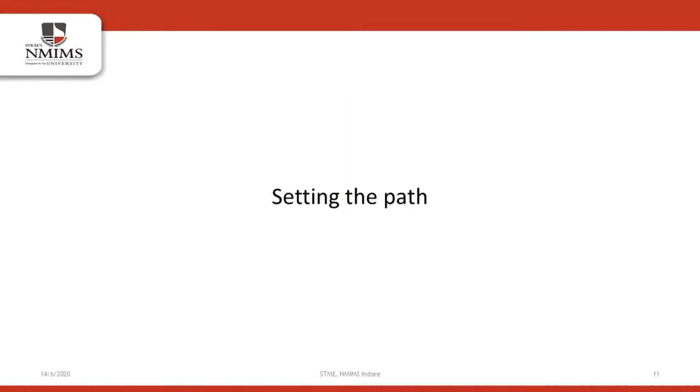Now we'll show you how to start programming, and for that we'll use the command prompt for the first program. Before that, we'll do something known as setting the path. Now what does this mean? This means that we have to tell the command prompt from where it has to collect the commands required for compiling and running the program. For that, we'll provide the command prompt with the path having all the necessary commands. So let's proceed.